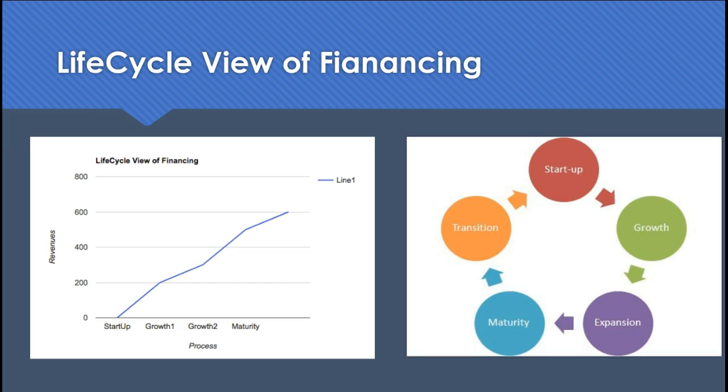Here you'll see two examples of how you can formulate your life cycle view of financing. One thing that both of these samples do not share is the fact that you need to clearly have a development and explanation for what the startup phase means, like you see in Figure 5.1. So a little blurb underneath startup will need to be put in yours that tells what you planned on using in that particular company, or what that company did use, and so on and so forth. But you can organize this in any way you see fit. These are two examples I've provided so you can see some creative elements, but it's ultimately up to you.